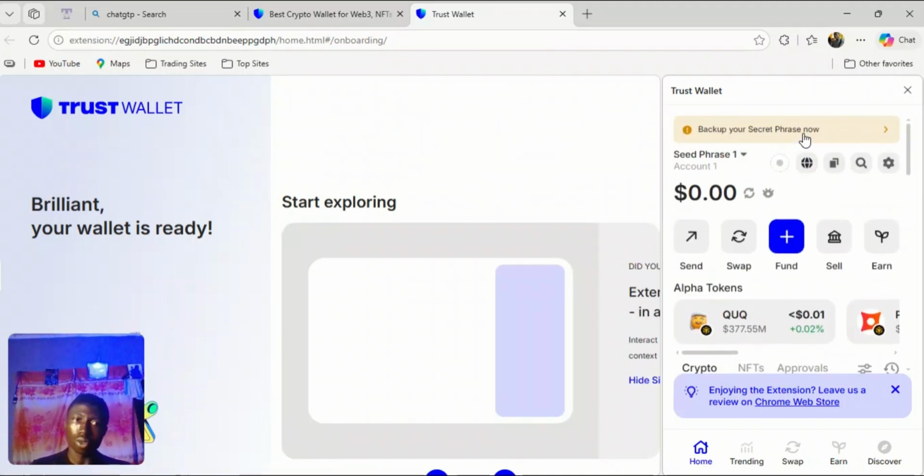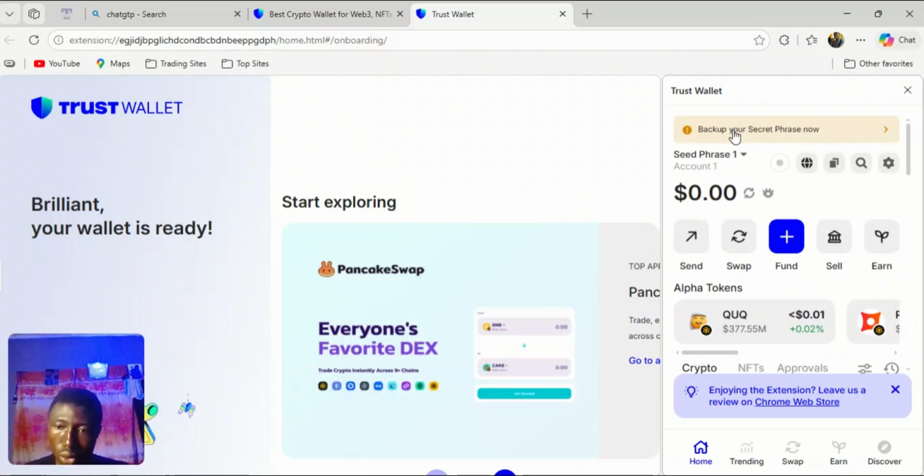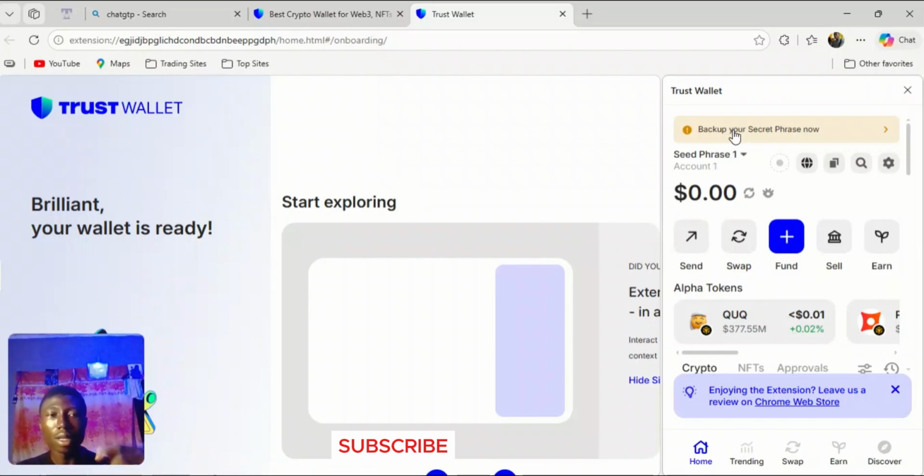Now, this is what you have to understand very well. After you are done creating your account like this, you head to the top over here. Since you are using a laptop, this is a laptop interface. What you're seeing over here is a laptop interface. But if it would have been a mobile phone,